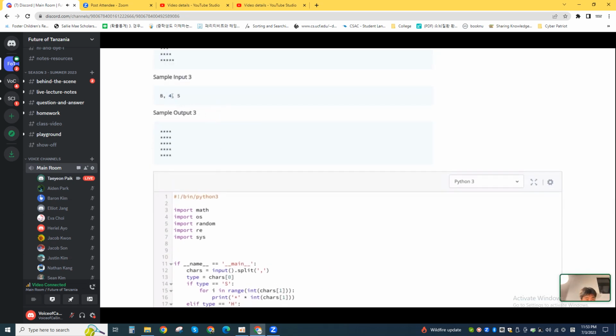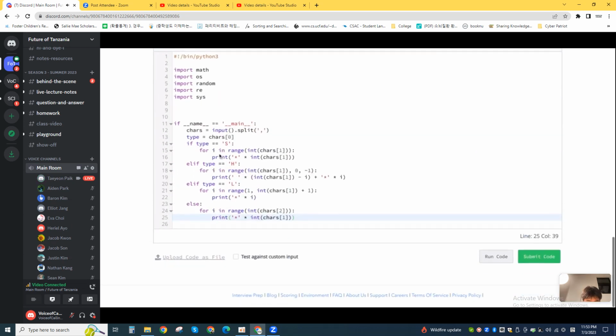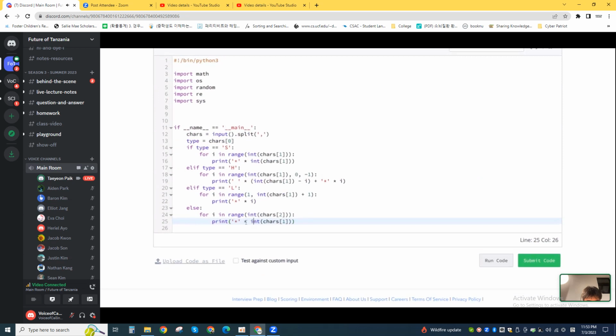Because this second number, or the first number here, second element, is going to specify how many stars or asterisks are in each row. So that's why we multiply it by this number. And yeah, this should give us